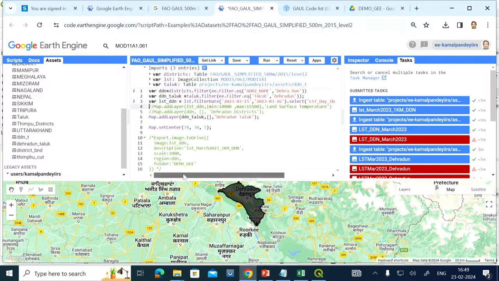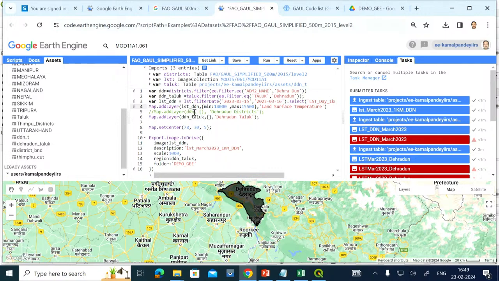Now let us see what happens here. This comment portion I will remove from here, this comment also removed, and this is DDN underscore Taluk. Okay, this way I am getting it. Now let us try to see this LST also. LST also I will add. I will uncomment it.